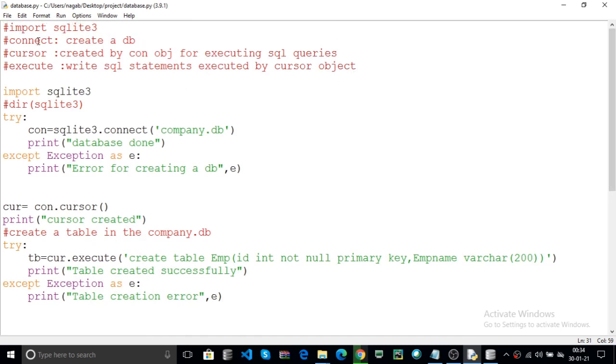Any project that needs a database, you can select either MongoDB or SQLite3. What is the difference? MongoDB is a cloud, which means anyone can access and anyone can update the database. SQLite is a localhost database. You can perform any operations within the localhost, only by you. The others cannot modify your localhost databases. Now these are the basic things.